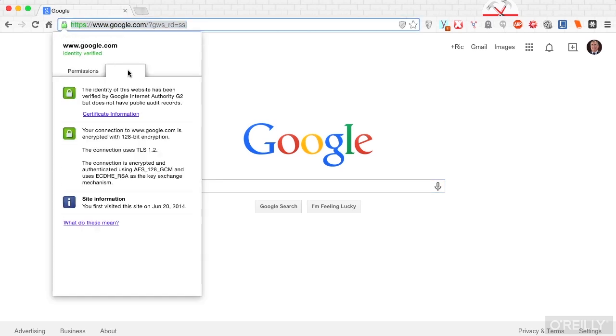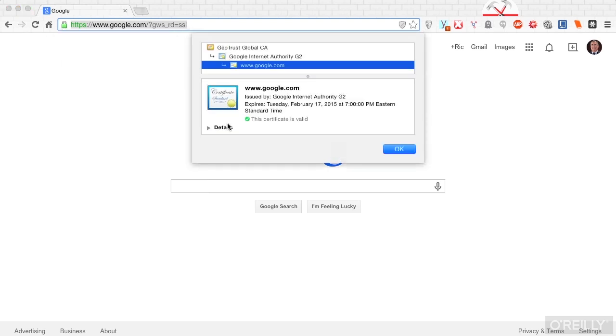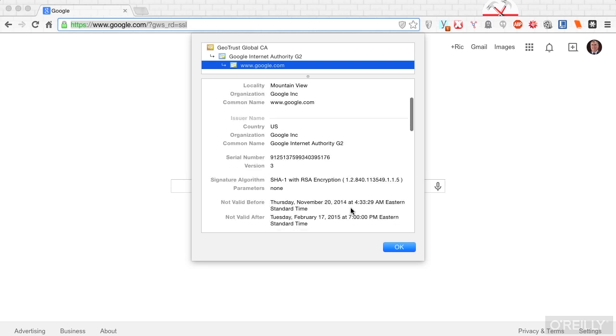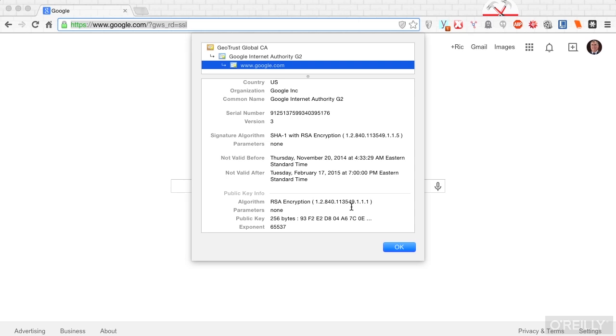This gives me information about the encryption that's in place. So if I click the lock, it indicates that we're encrypted because Google uses encrypted connections all over the place. So what I'm going to do is click the certificate information here, and I'm going to get details about the certificate. Now, a certificate is really a data structure that stores information about not only the identity of the server that we're communicating with, but also the keys that are in use, as well as some additional